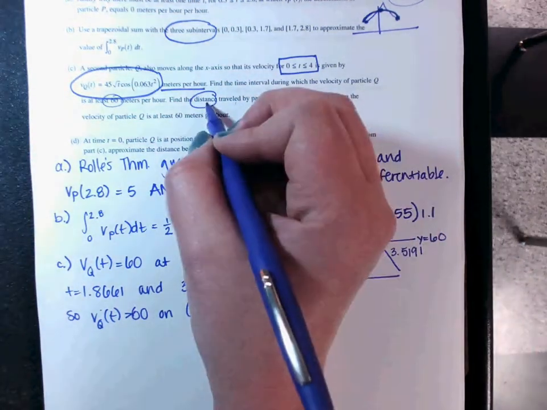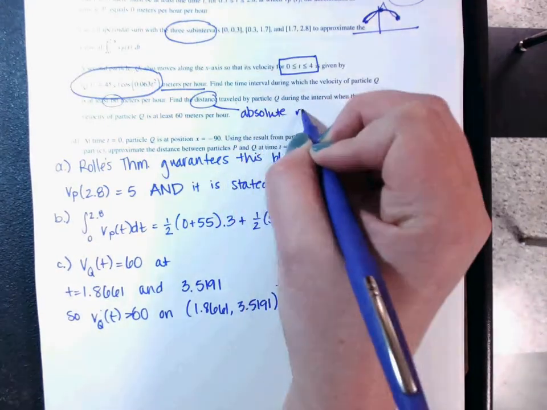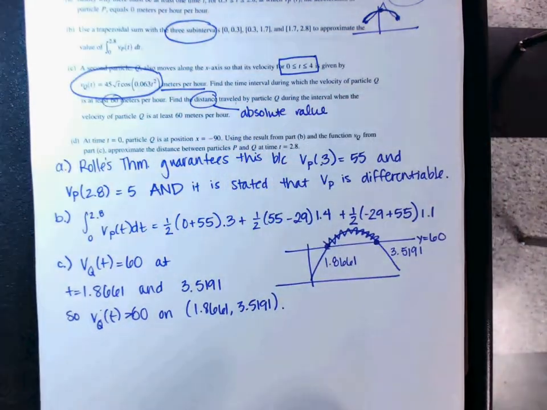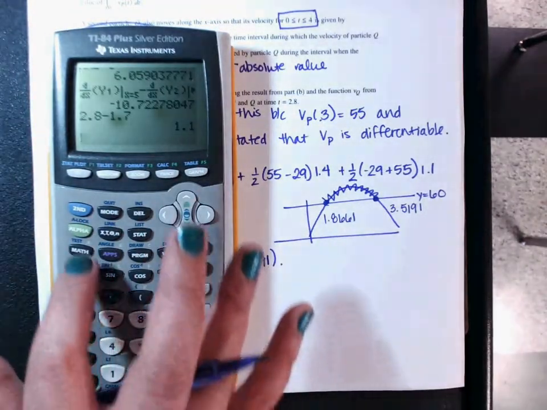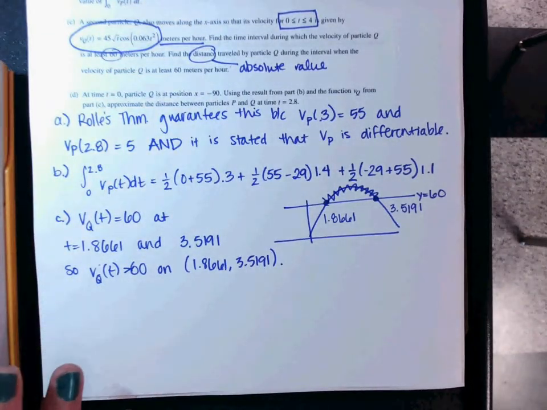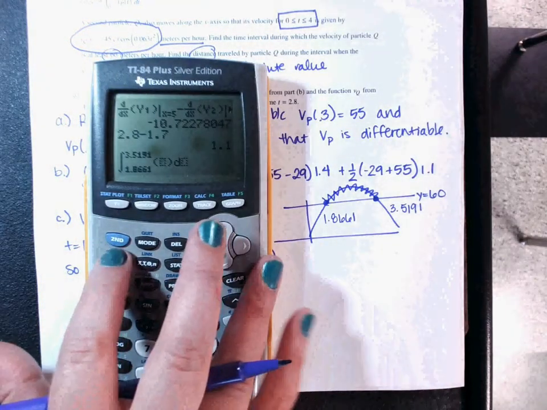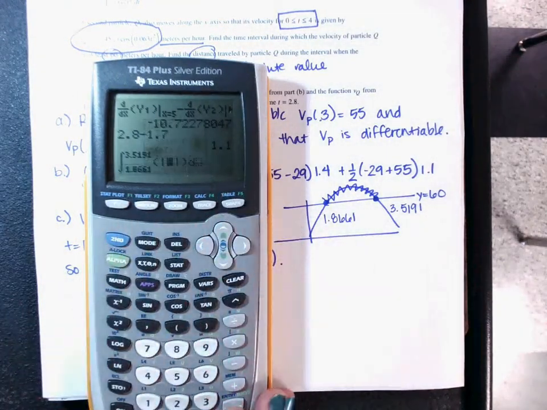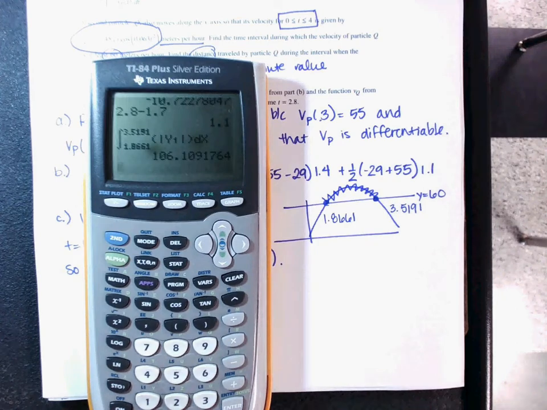So remember that for distance traveled you had to use absolute value bars. So in my calculator I'm going to do math 9. I'm going to go from the y values listed, 1.8661 to 3.5191, and then in here I'm going to insert my absolute value bars and then my y1 dx. Okay, so the particle would have traveled